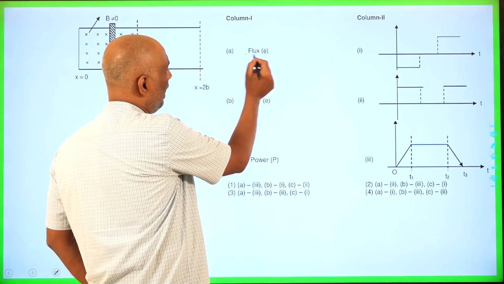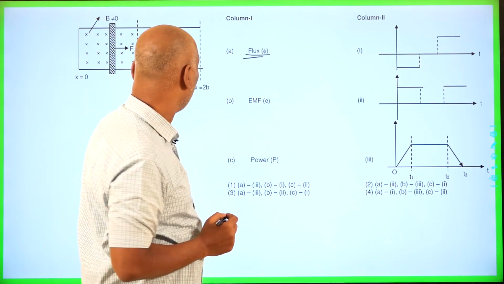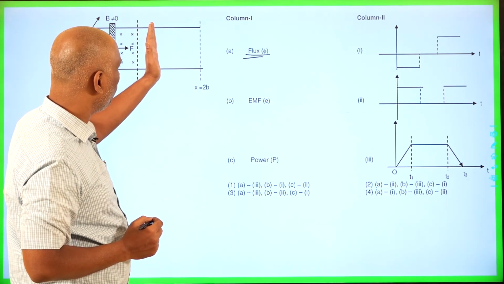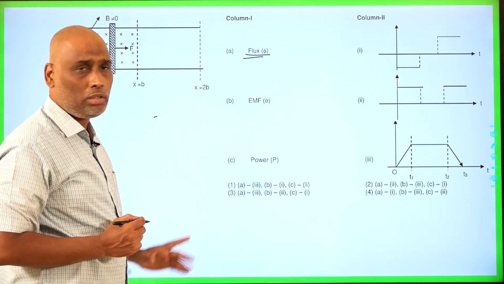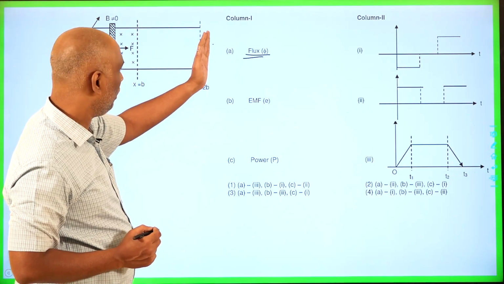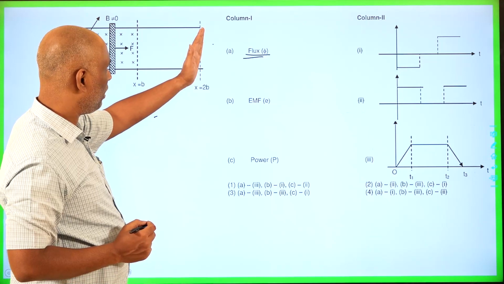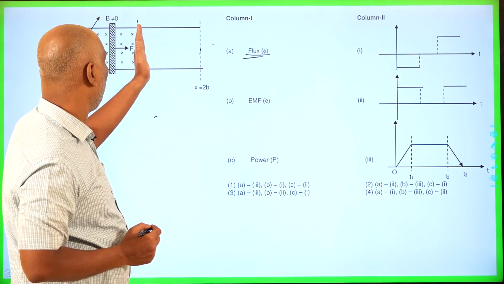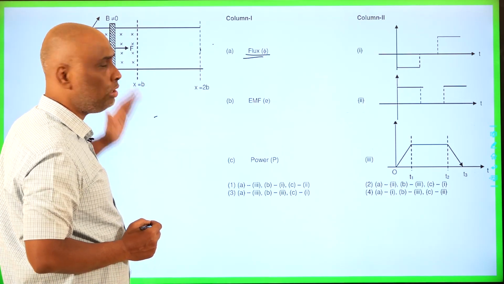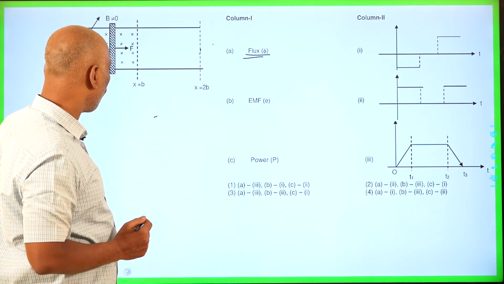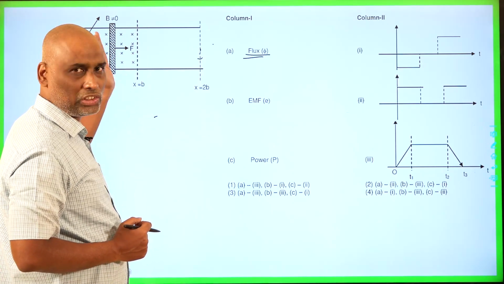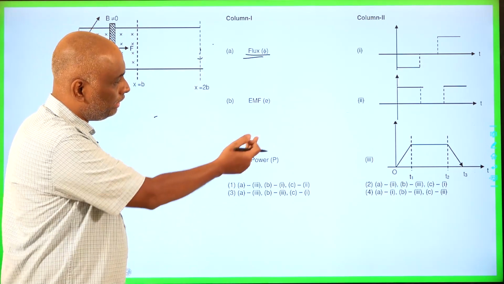When I want to calculate the flux here, initially the flux will increase, and this is the region where there is no magnetic field. As long as the rod is moving within the region from B to 2B, there will be no change in flux. Flux will remain constant. When the rod goes to the other extreme and comes back, while it is coming from 2B to B, there is no change in flux. And when the rod is coming from 2B to 0, the flux is decreasing. So flux should increase first, remain constant for a while, and then decrease. Looking at those graphs, it can be only option 3.